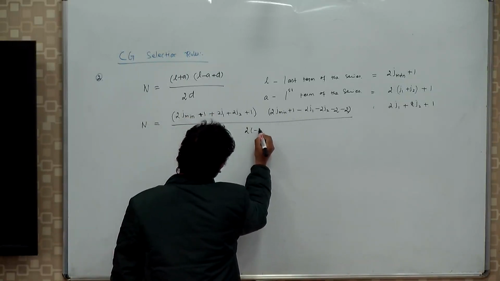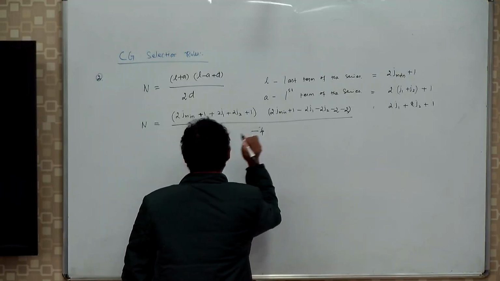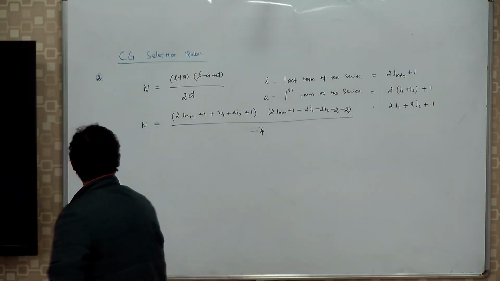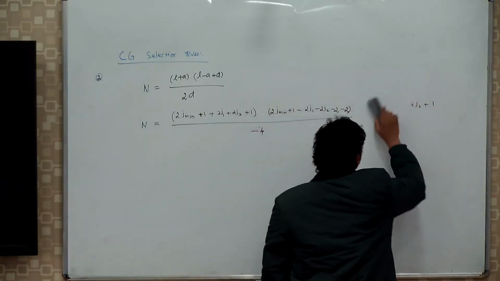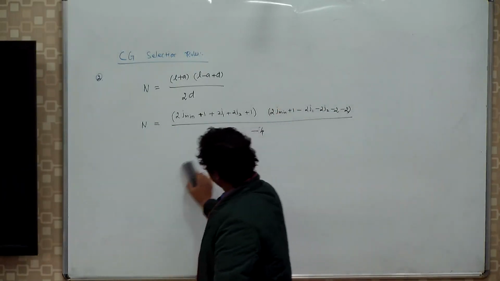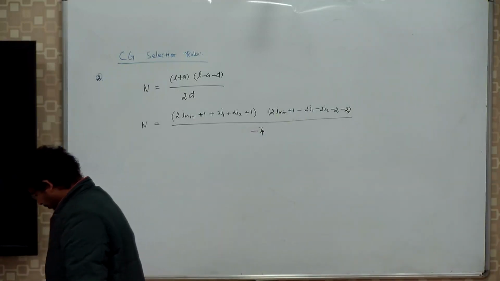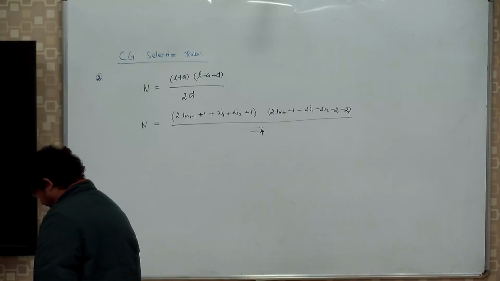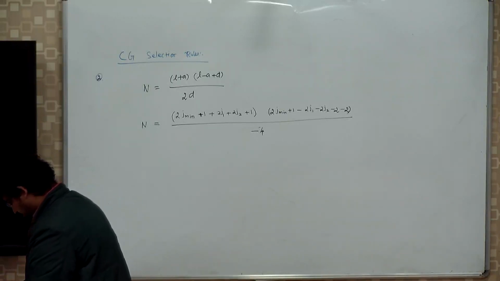So 2 times minus 2 will be minus 4. Fine. If we simplify this expression,